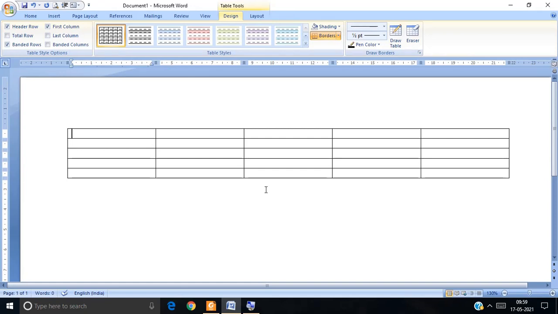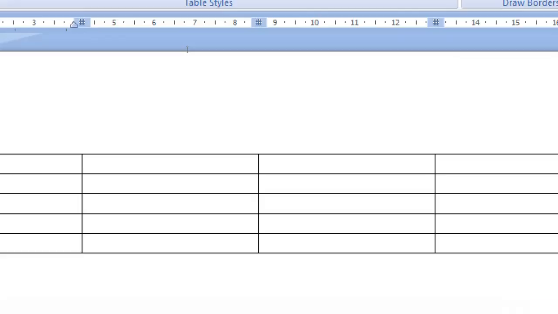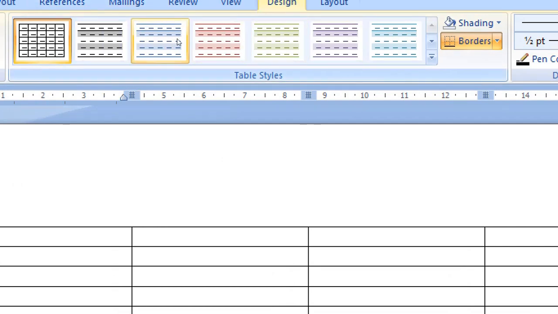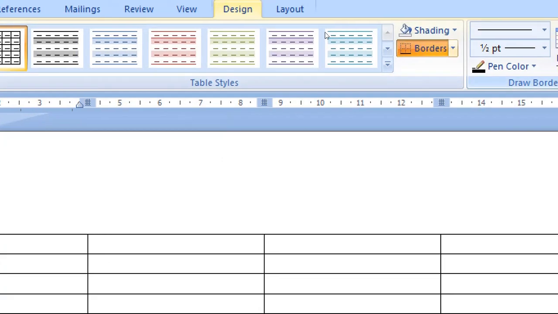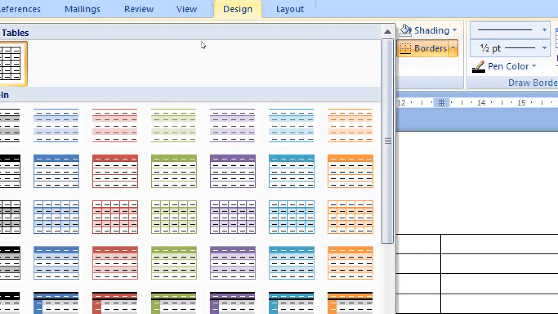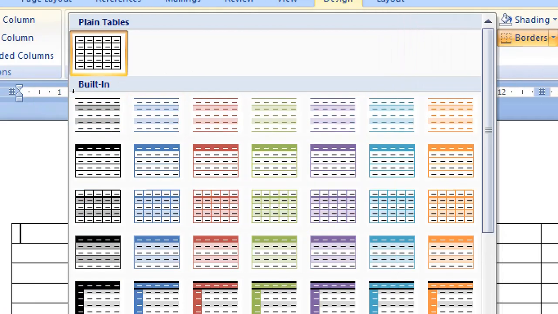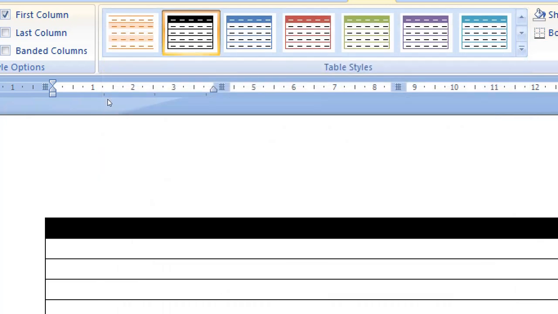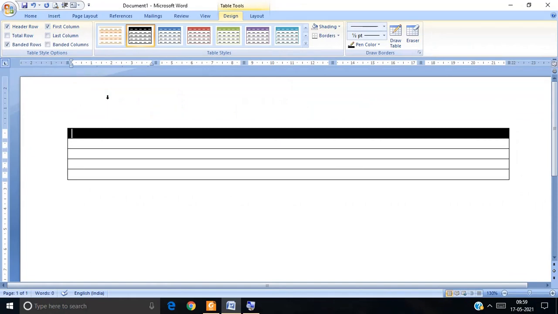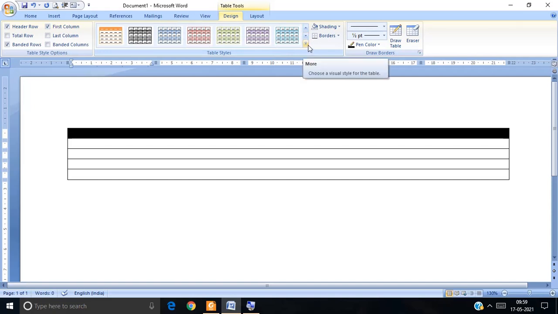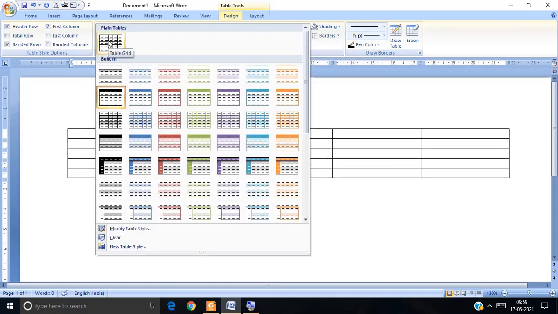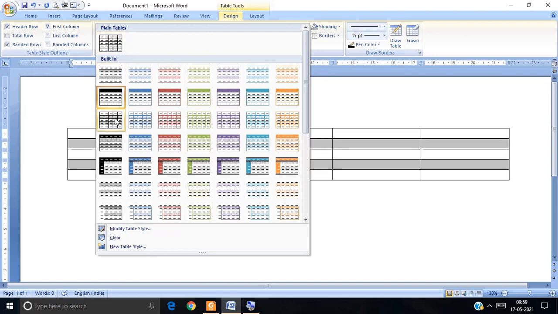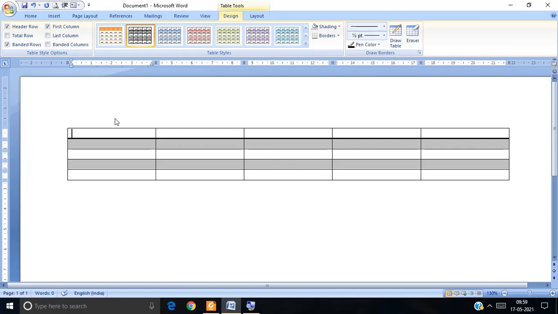Okay. If the user wants to change the design of the table, these are the table styles here. I will take Design, because it is present in the Design menu. So if you want to change the table layouts, you can change with any type of layout here. After clicking, you will get the changed layout of the document, or otherwise if you want the normal version, you can take the normal one.